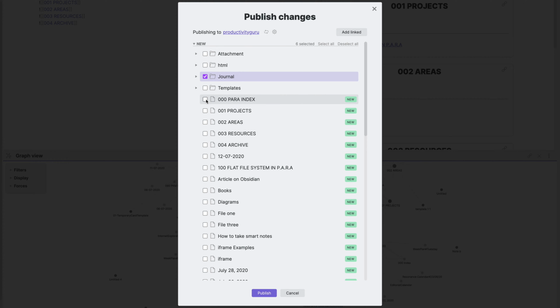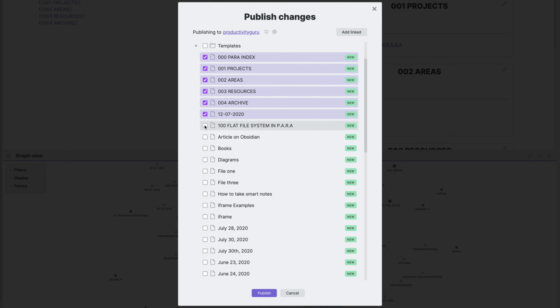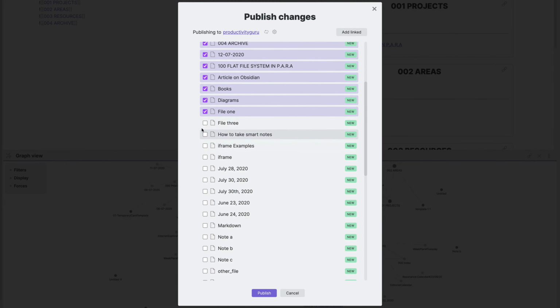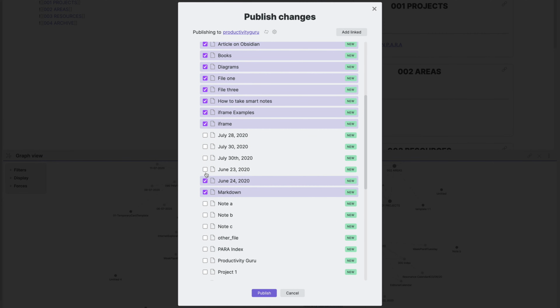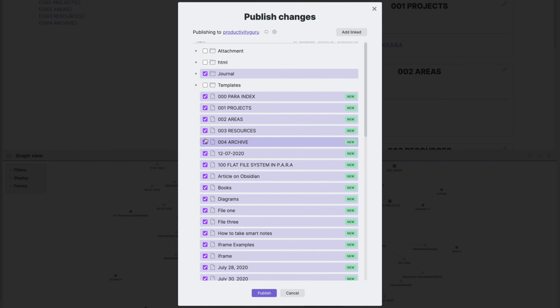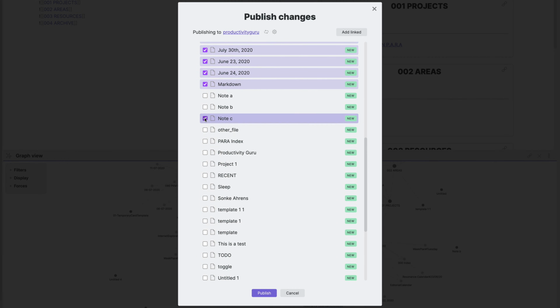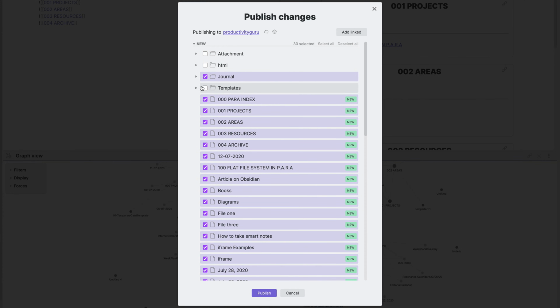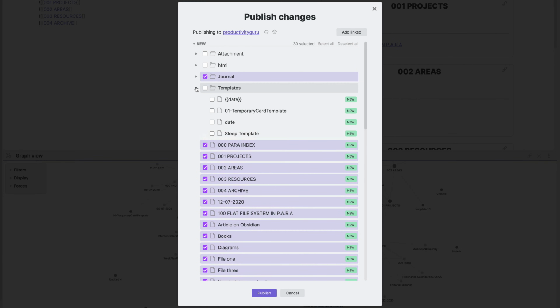Now I'll just select which notes I want. In this case, we want all these notes, so we'll just select all these. I'm not going to put the untitled ones because that was my experiment with HTML when you could manipulate HTML in Obsidian. So I'll just quickly select all. I'll select templates as well because why not?